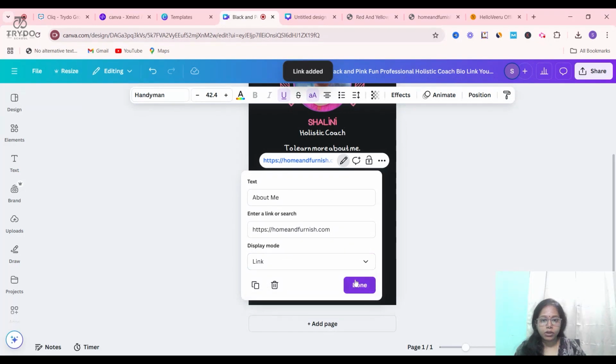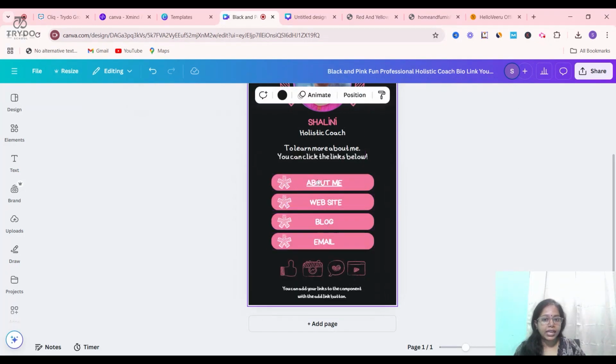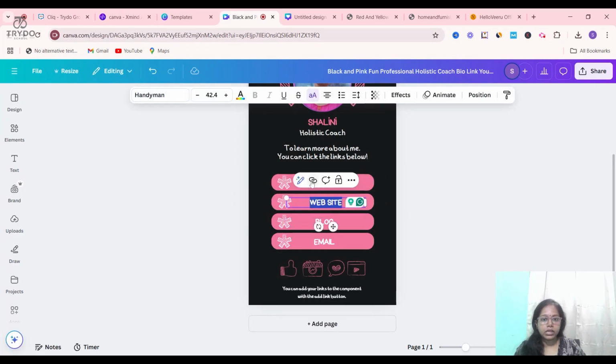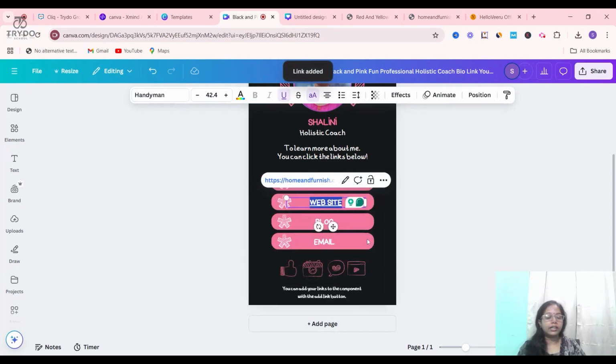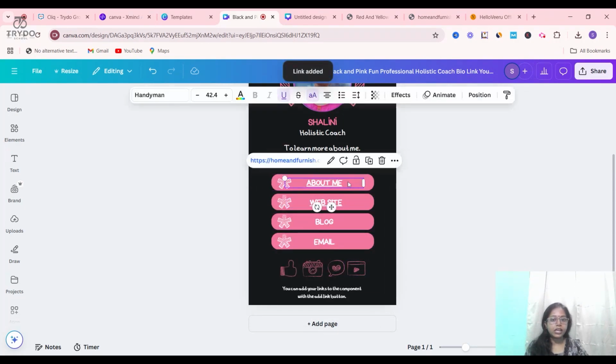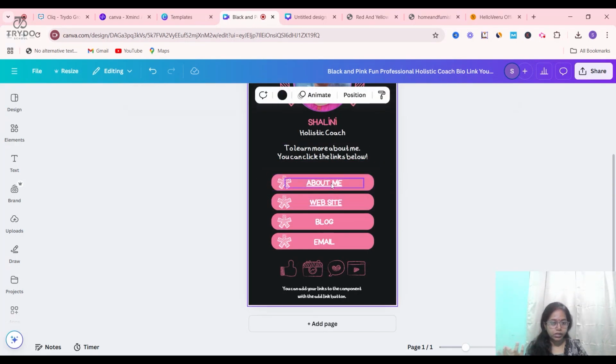The display mode is set to link only. If you want, it has been highlighted, and you can underline it again. So the link is there. I'll place it right now. Please give different kinds of links. You can have it as home appliances, kitchen appliances, skincare, hair care products, or digital services, something like that. Social media marketing services, SEO services. Give it like that.